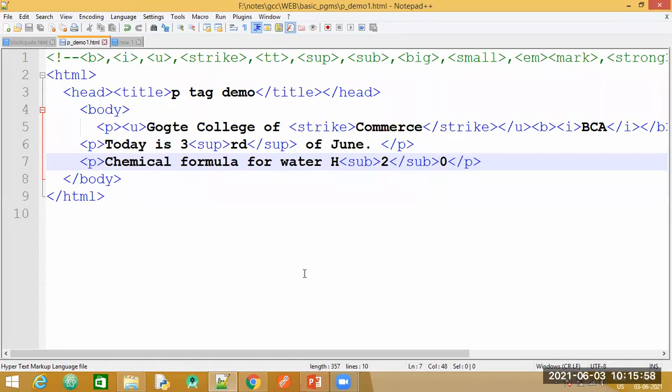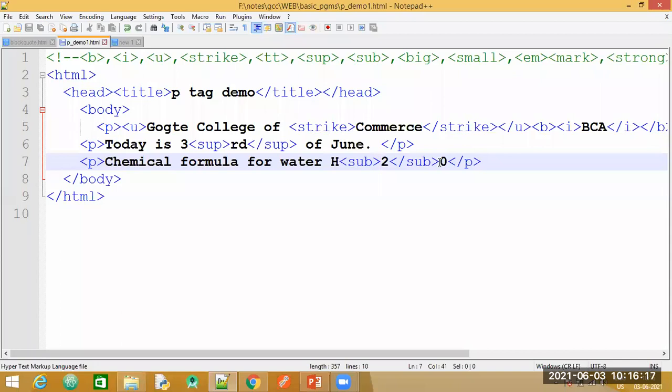Prashant? Yes, ma'am. Can you tell me what tag we should use if I need this to be displayed in a different color?